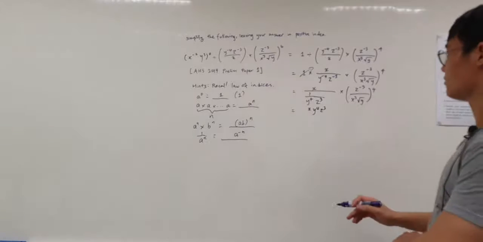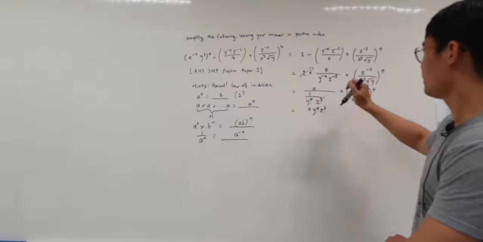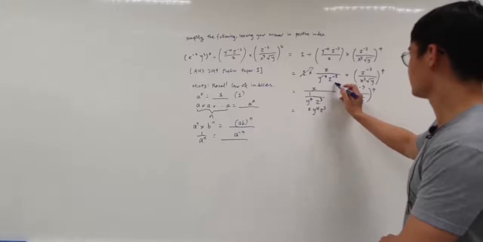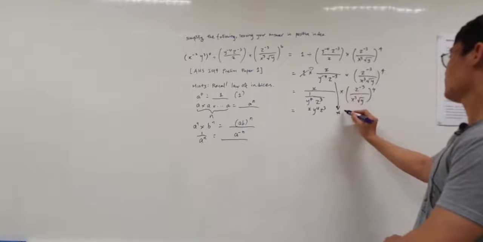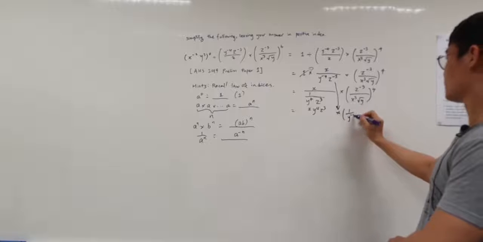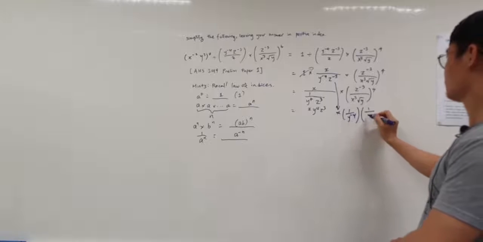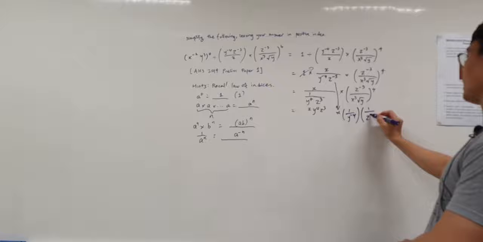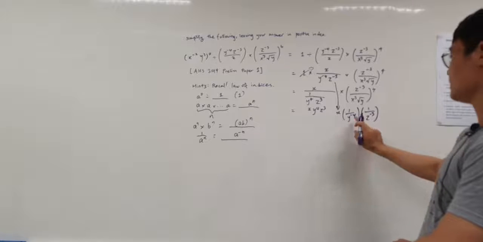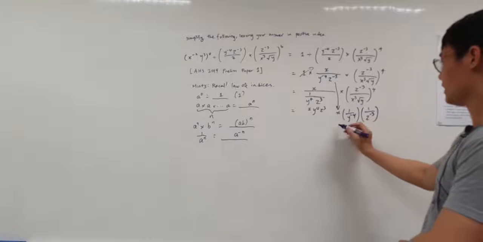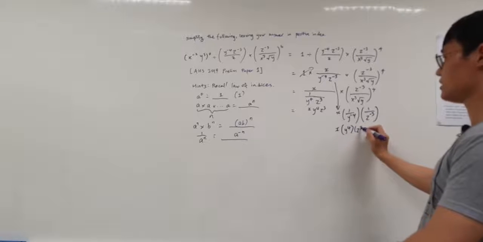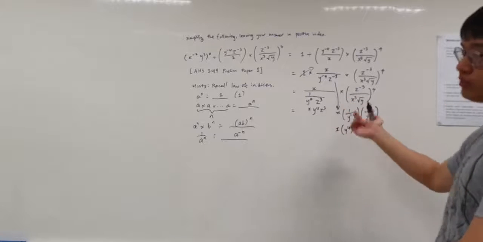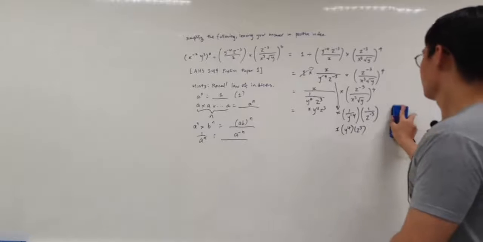Okay, you can think of why this is so, because I can just say this is x times 1 over y to the power minus 4 times 1 over z to the power minus 3, and this we can flip it over, and this is just x times y to the power 4 times z to the power 3. Same thing over here, we can do it both ways. So